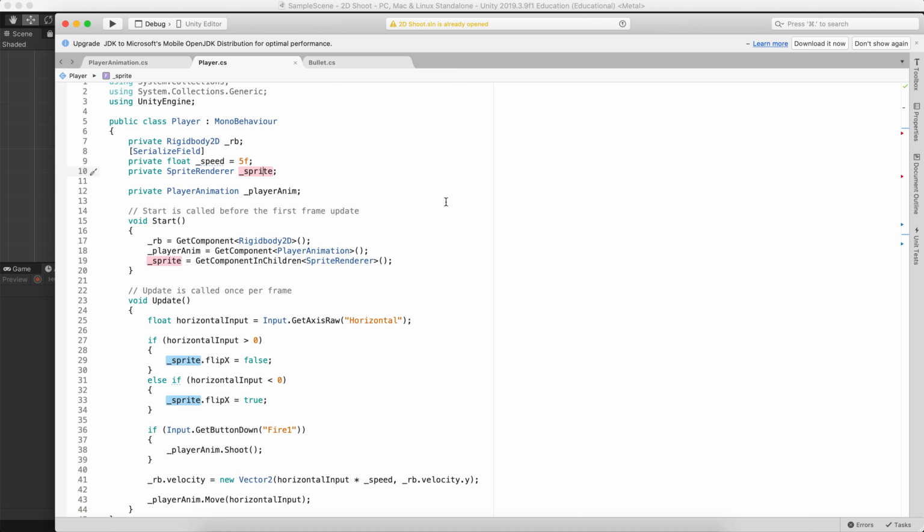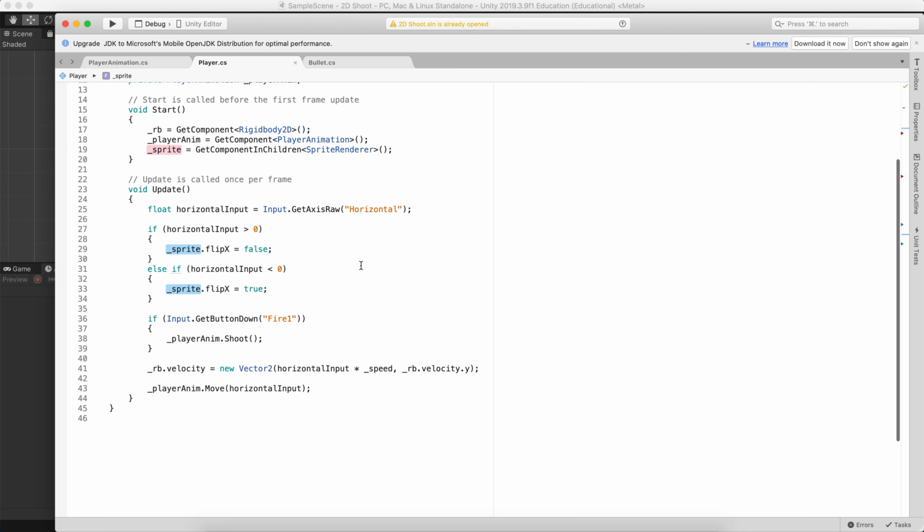And we can then see sprite turns up again under if horizontal input. So at the top of update, float horizontal input is implementing our movement on the x-axis, and then we're flipping our sprite to either true or false to create that element of